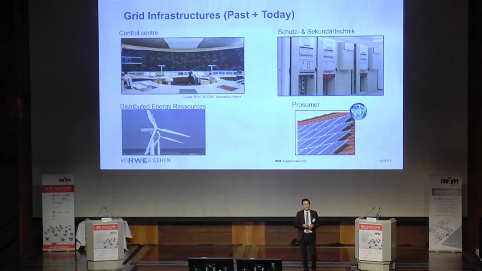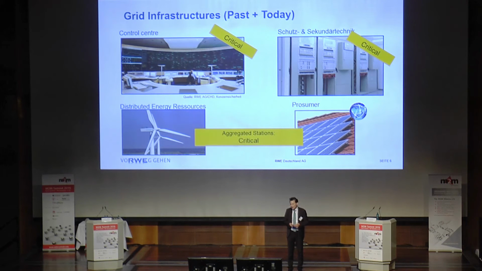I would say there we are using internet technologies, of course, and information transmission is done by utilizing the World Wide Web or classical internet technologies. But on the other hand, you will simply understand that the control center within a DSO, within RWE, is not connected to the World Wide Web or to the internet. That is clearly a critical infrastructure. We are operating it in the background, and the other stations we have in the systems are partly critical, of course.